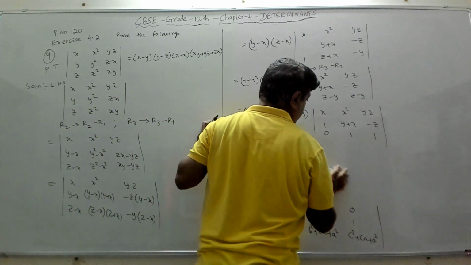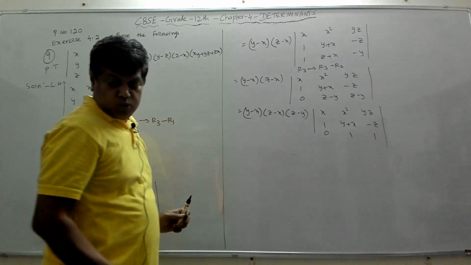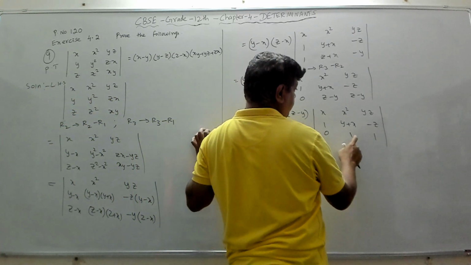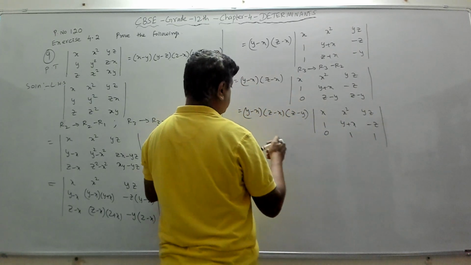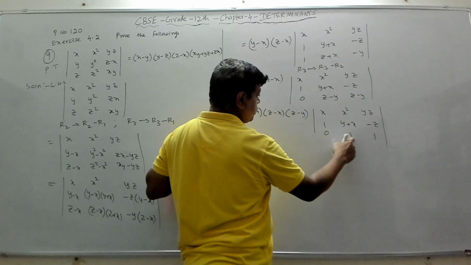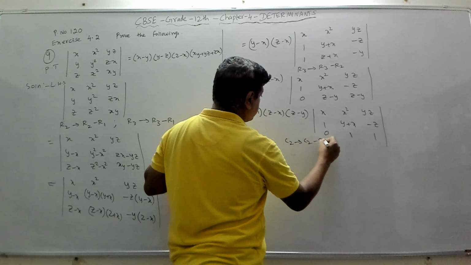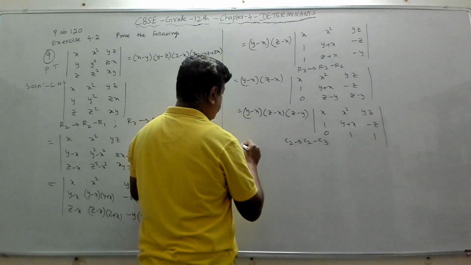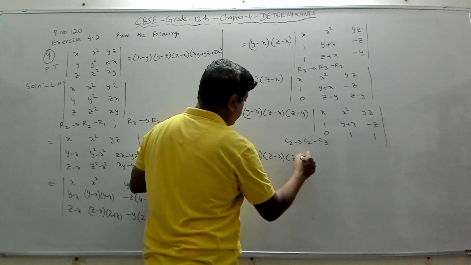Fine. So now we can try to make this 0. We can try to make this 0 if possible. Like this minus this we can do to make this as 0. So if we apply that, so what do we get? So if I make this 0, which means this is C2, C2 is C2 minus C3. This is this minus this. Then what do we get? So you get y minus x into z minus x into z minus y.